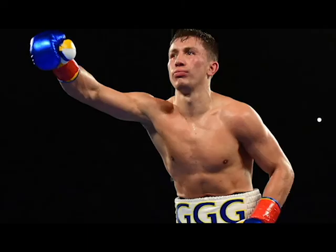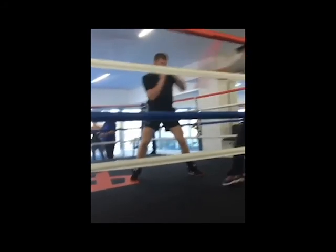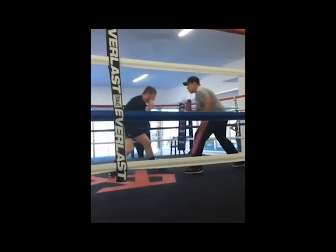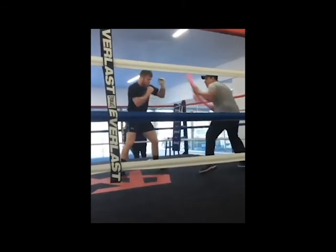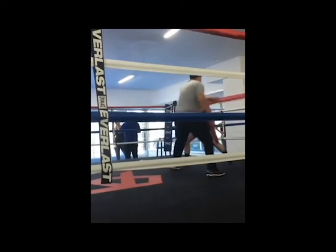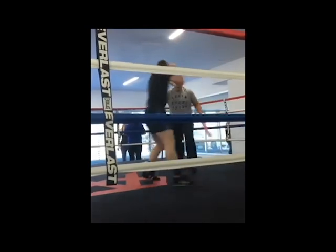You know, Triple G is a power puncher, and his fighting style is a really balanced fighting style. He can beat you on the outside, and he can really control the pace of a fight. Now, Triple G needs distance for his power. When he hits you, he fully extends his arms to hit you. It's the full leverage punch. And if you watch the Kell Brook fight, Triple G is throwing punches from a range,